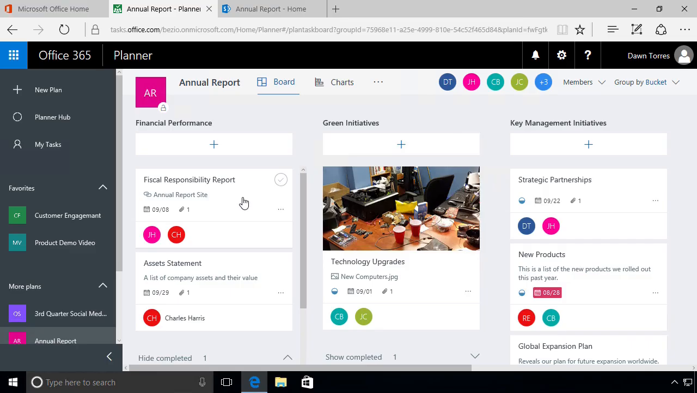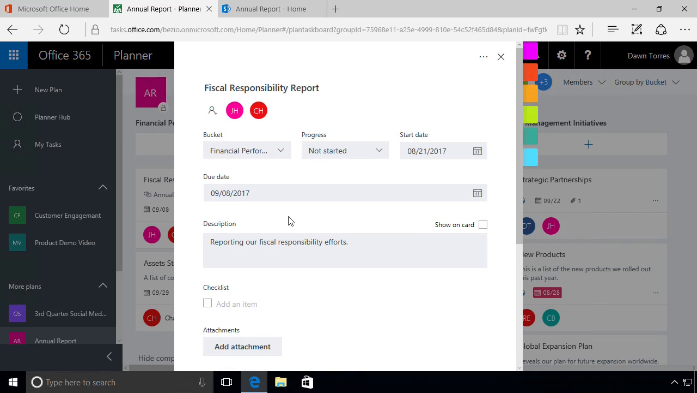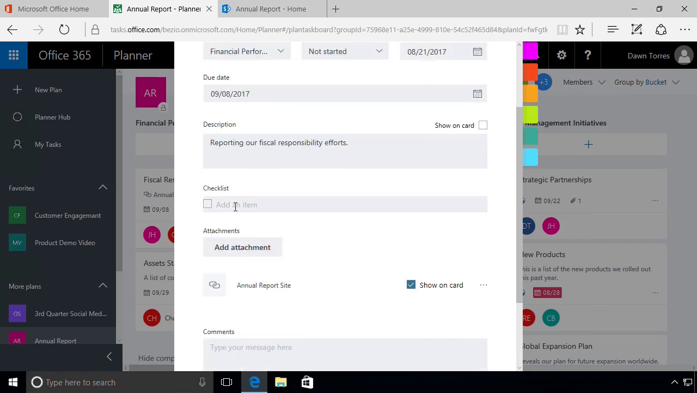We'll select the task. We're going to click on this one here, Fiscal Responsibility Report. We'll open it up, and we see down here it says checklist. Now, when I want to add an item to my checklist, I simply click here to the right of that check box, and I can start to add in